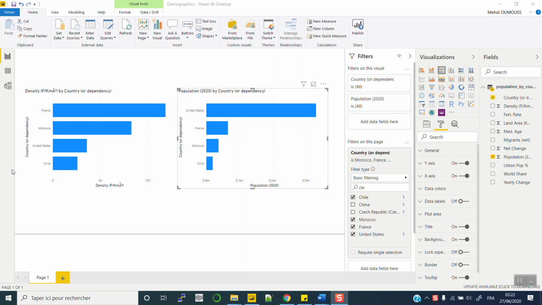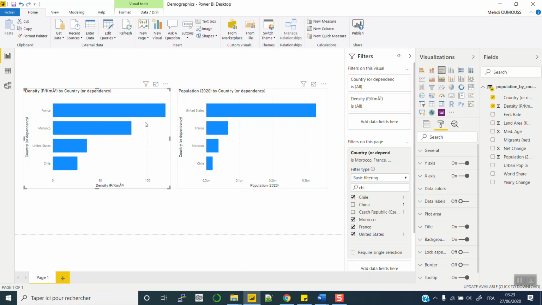On the y-axis we have countries, and then here we have two metrics, two stats. Here it is density, and in the other we have population. And as you can see, the countries are not in the same order, and the y-axis is also repeated. And yeah, I'm going to show you something a bit different from the other bar charts. So here the first thing that I'm going to do is sort the countries,